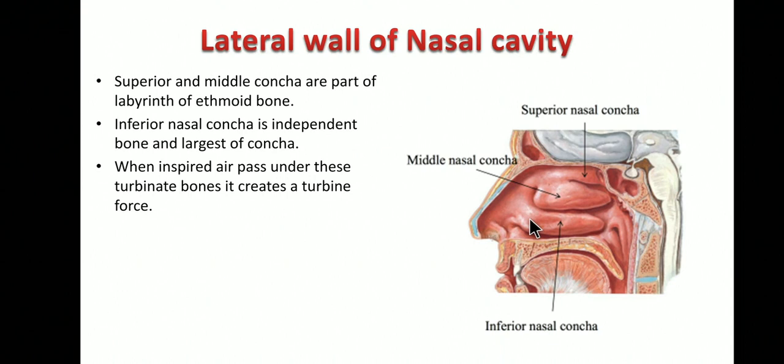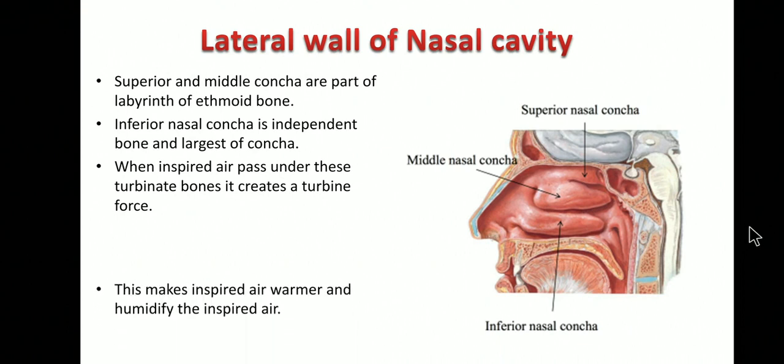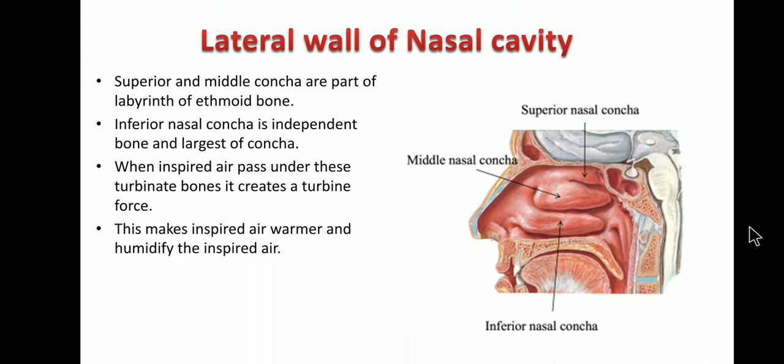Due to the pressure, when you inhale, naturally a mild pressure is created, and when the air passes through these projections, it will create a turbine force. So the air will circulate inside or under these shelf-like projections, and this turbine force will make the inspired air warmer, and they will also humidify the inspired air. Okay, so that is the main function of these